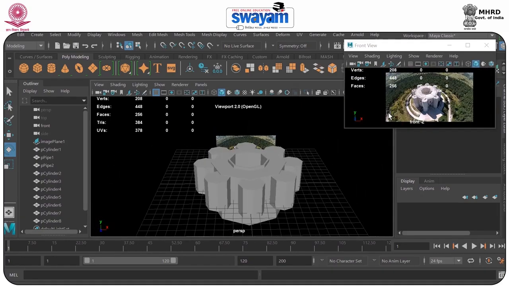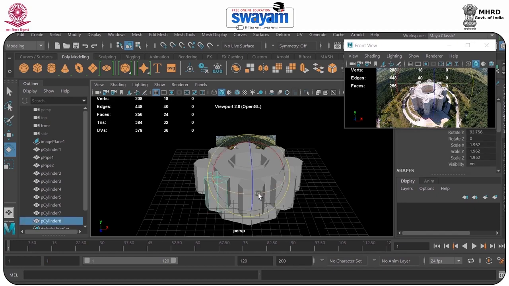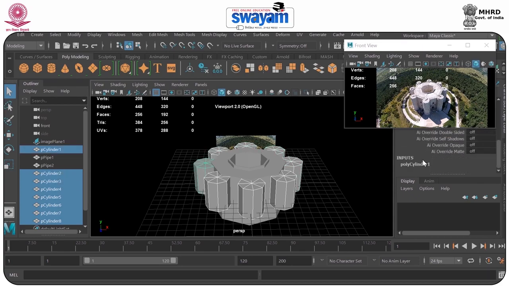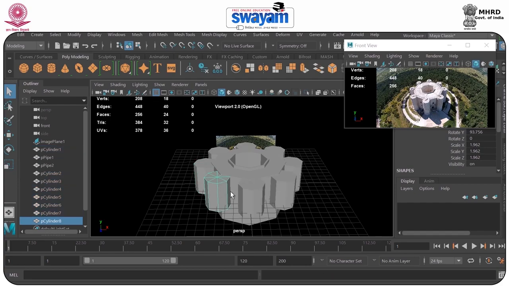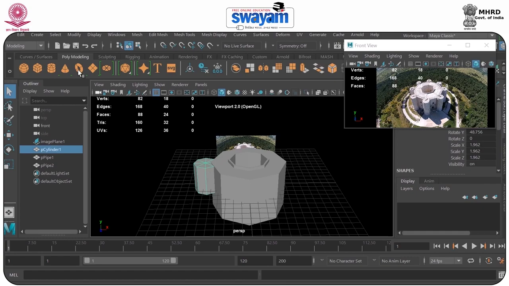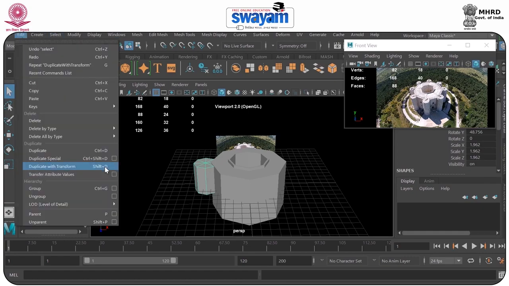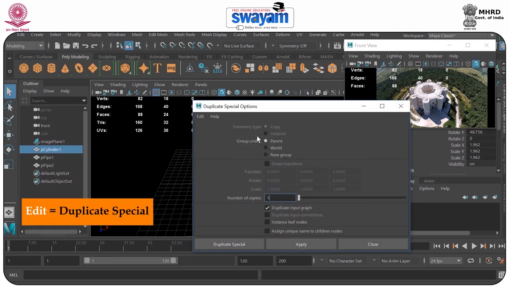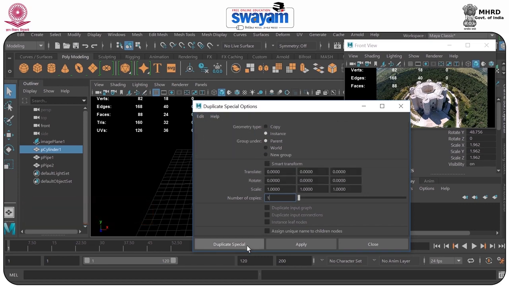Now what is the problem here? The radius should be a little less, so manually we have to put the value in all of these models. Or secondarily, what you can do, in the type of duplicate special, edit menu, you can use the instance option.